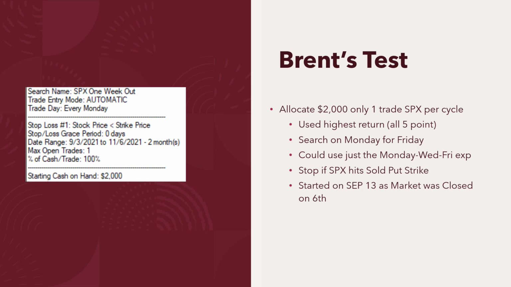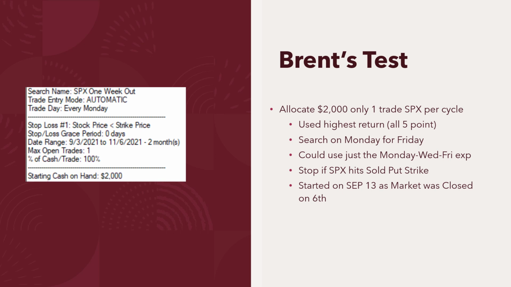And of course, yes, if you're interested in the new series of Monday, Wednesday, and Friday expirations, you could adjust your criteria instead of looking, say, 4 to 7 days out in time when you ran your search. You could say 0 to 3 days or 0 to 2 days. So if you ran it on Monday, you'd see the Wednesday. If you ran it on Wednesday, you'd see the Friday, and so forth